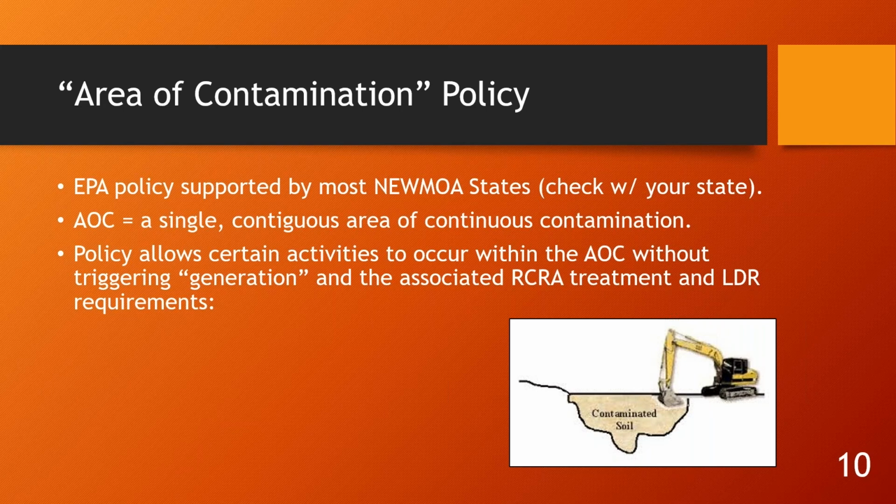And we all know that doesn't really happen in the world, but it's important to define what your area of contamination is, because you can transport waste within that area of contamination without running afoul of any RCRA rules. So let's say you had a road running through this soil pile. The road itself doesn't have, we'll stick with TCE contamination. The road isn't contaminated, but there's soil on the west side of the road and soil on the east side of the road.